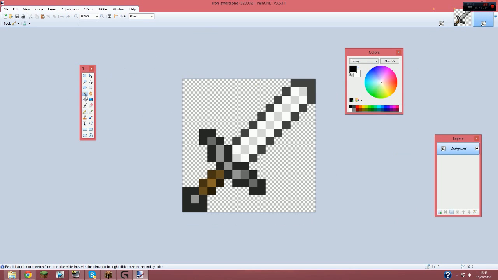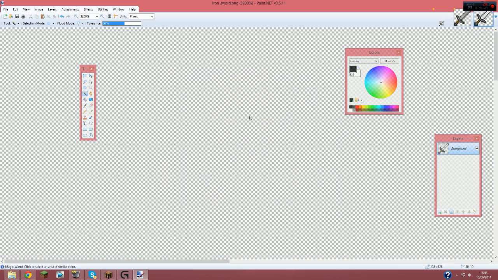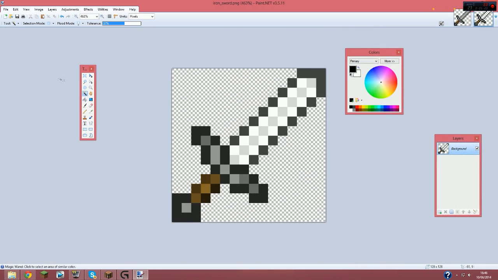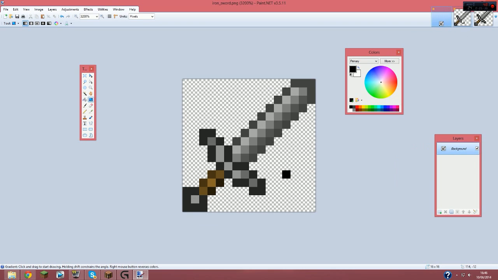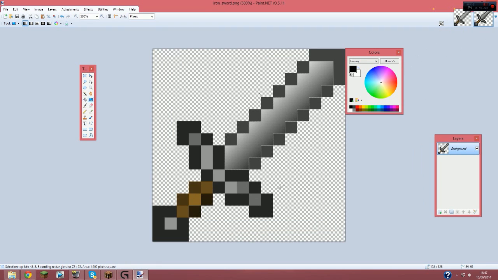Yeah, you get the point. Alright, so basically what I'm teaching you is the higher it is, the higher the resolution. So 128 by 128, this is like double the last one. And this is why people lag with higher resolution packs, because there's more pixels to render. So look, 1, 2, just to go across, this is like 8, and then this one is probably 2 times that, so it's 16, just to go across, because the gradient is detailed, and